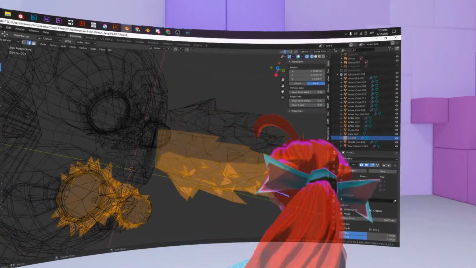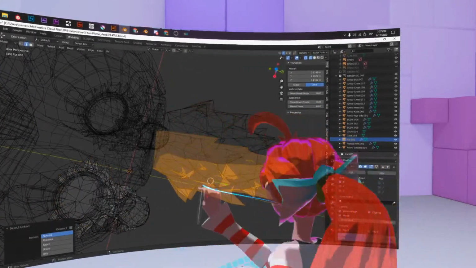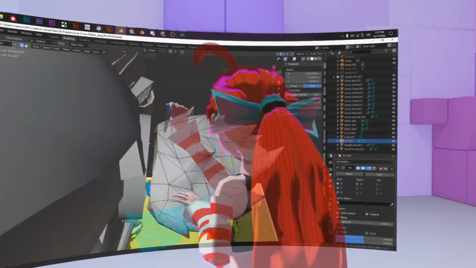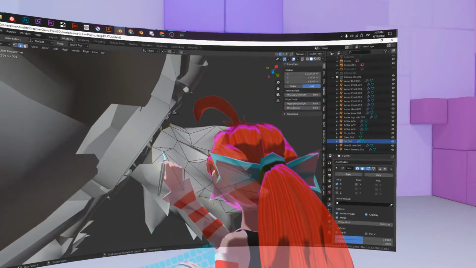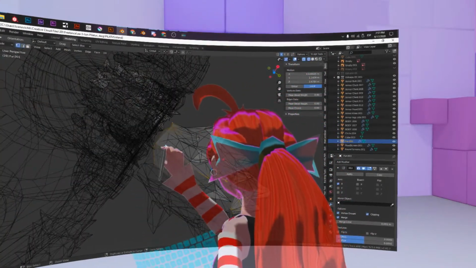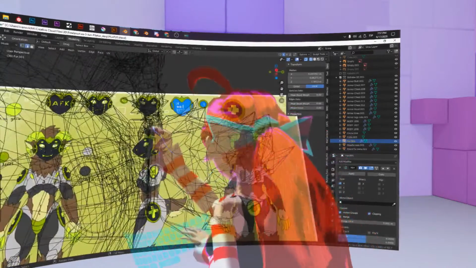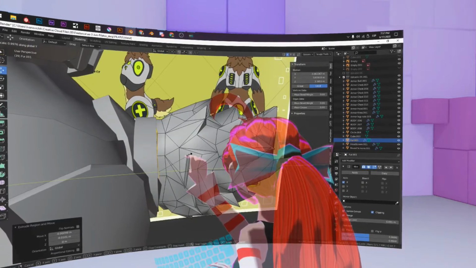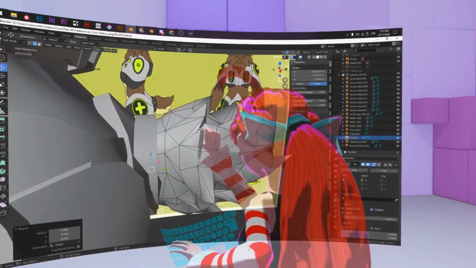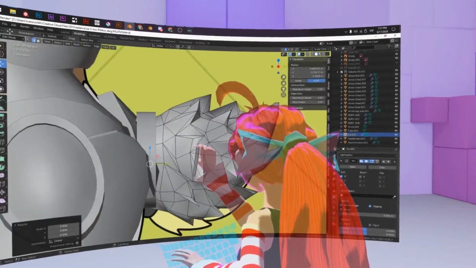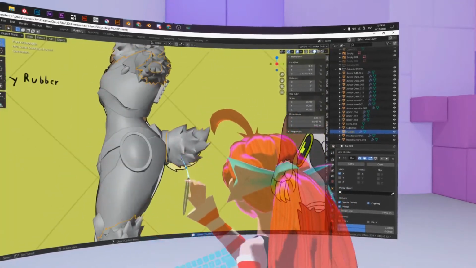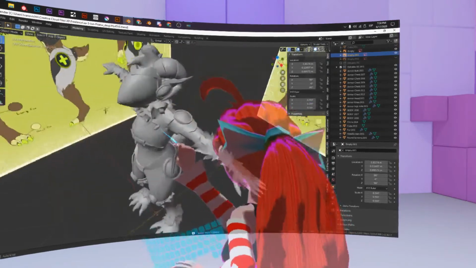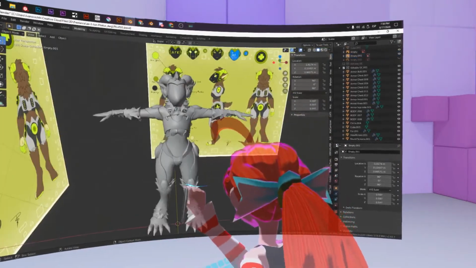Is it not merged? Oh yeah, it's merged. But why does it select everything? Oh no. Yeah. Oh,